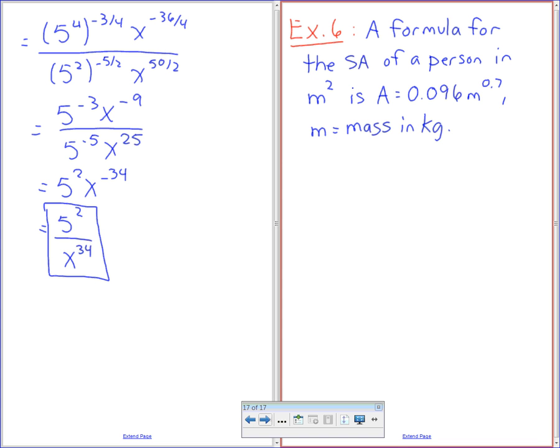How much skin they have is the surface area of a person. Okay, so we're finding out how much skin a person has. Does that take into account thickness? No, this is just the surface area. That's all we're doing. Okay, so part A is going to say: